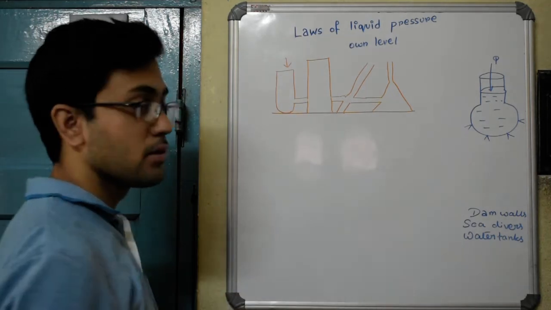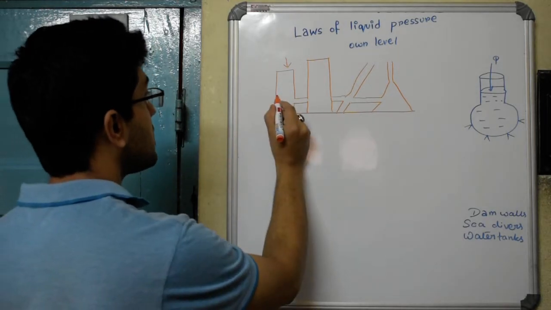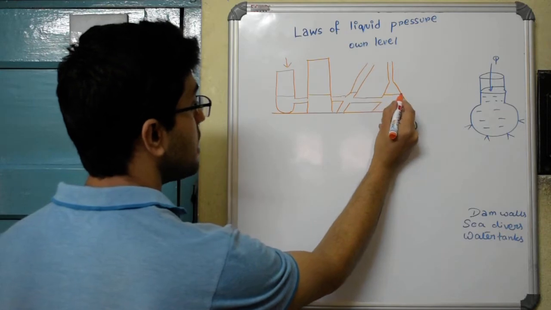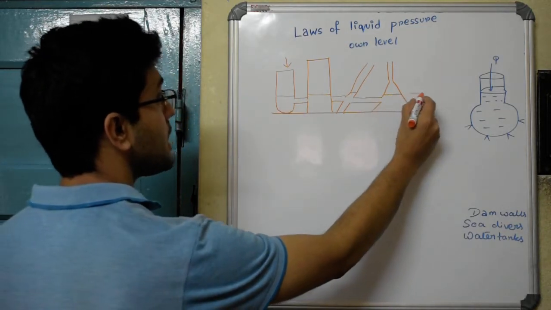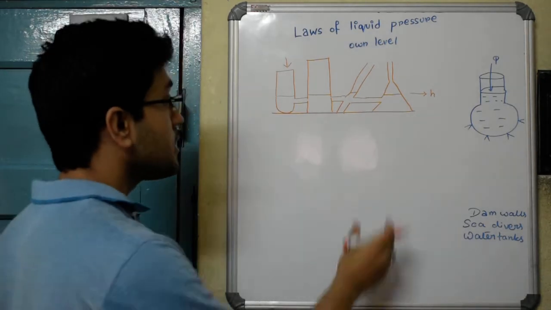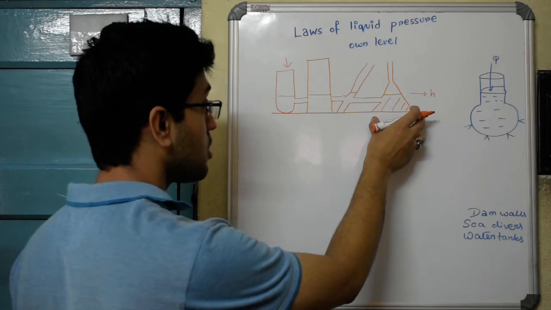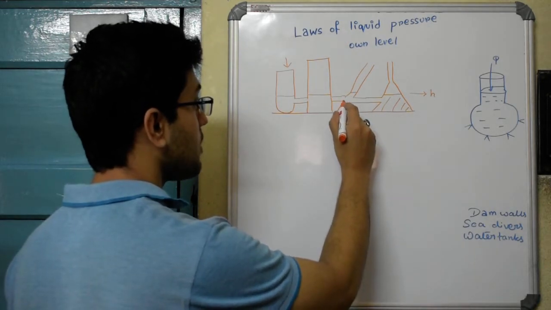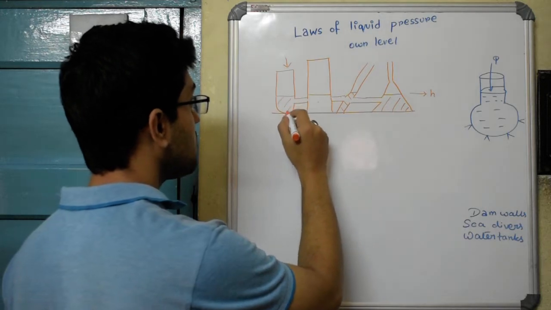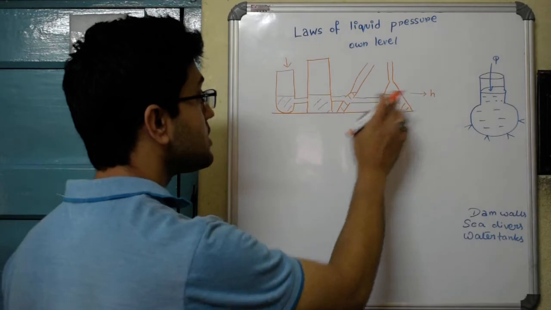I pour water. You will find amazingly that after a certain time, all of these containers will have water till the same level, the same height each. Though you see that conical flask is having a greater volume of water because the base is broader, the bent glass tube is having the least amount of water, and for the glass and test tube it's intermediate. Though the volume of water is varying, height is the same.